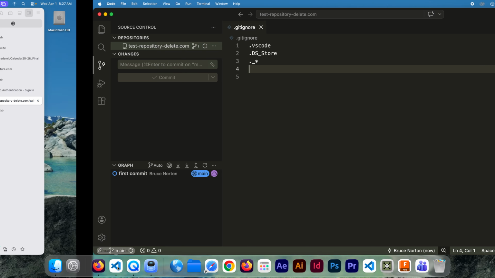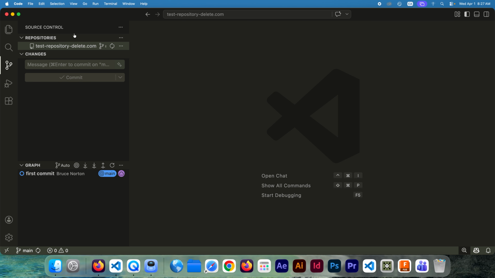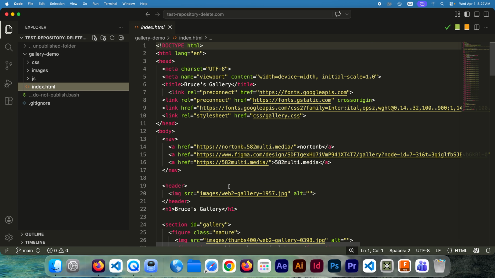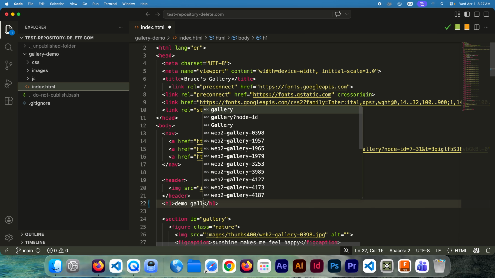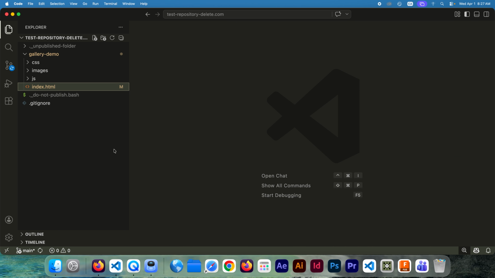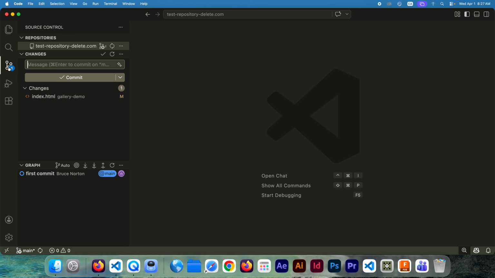If I go back to Visual Studio Code and I make a change and save it, now I can see it's showing me here in source control that I've got a change that I need to commit to the repository. So the way we commit is we add a message,